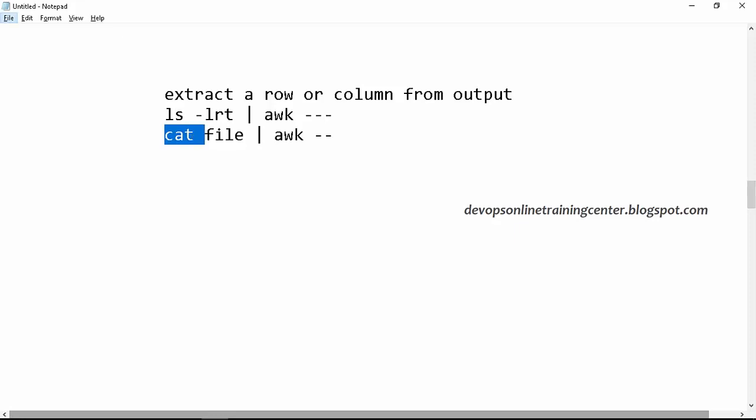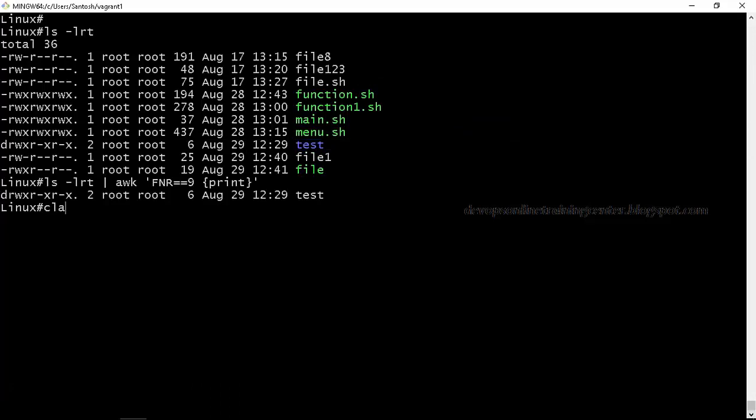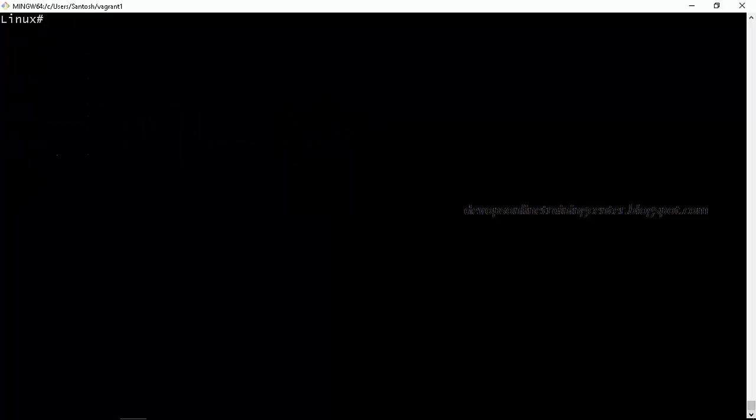Irrespective of the output, it will extract and print the column or row for us. So maybe you're performing some operation that requires a particular row from output to be captured. You have a file. Let me create a file. Redirection works with any operation you can perform, right?